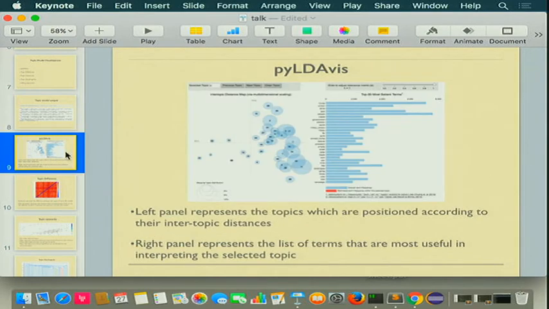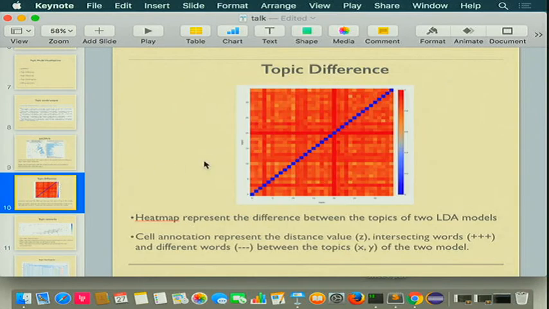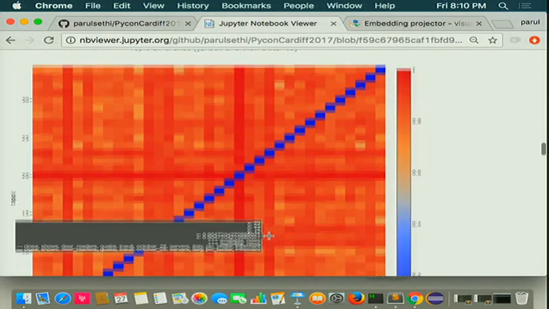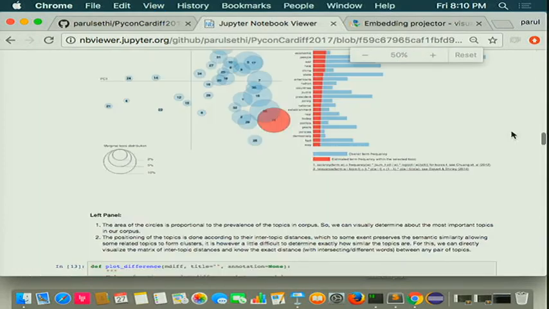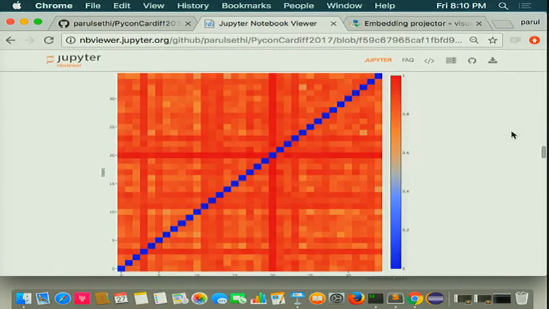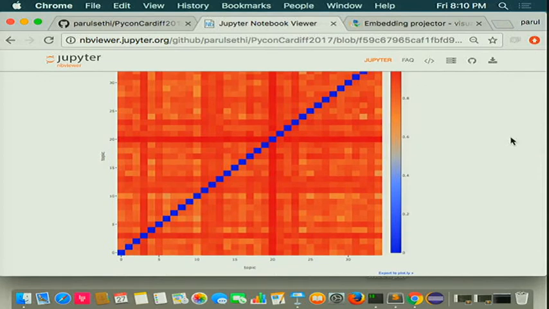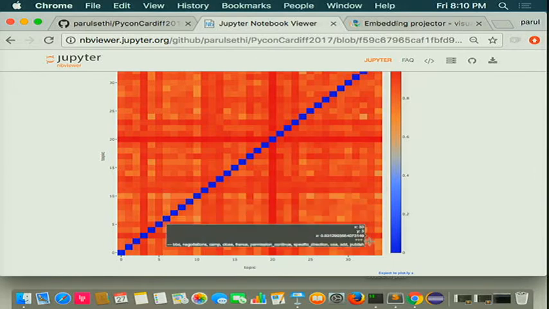As we see in this case, it plots the intertopic distances on the left panel, but there might be a case when we want to see the exact distance between a topic pair or some topics. So we can also use a heat map for that. On the heat map, the x-axis and y-axis both represent the topics, and in this case we have a total number of topics as 35, and if we hover over a block,